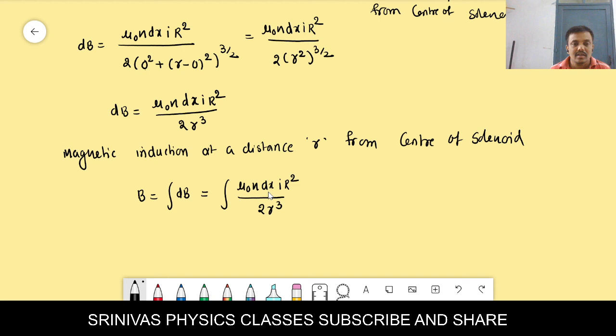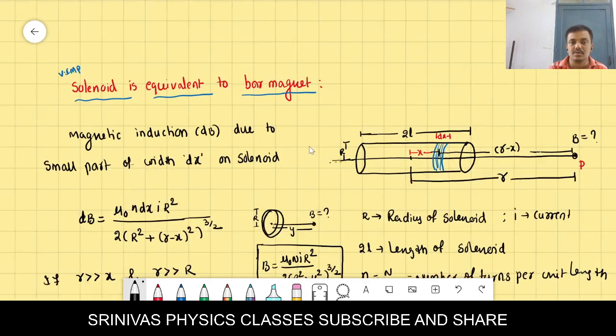Some terms are constant, so we write them outside: mu naught n I r square by 2r cube, integration dx. Okay, this is the integration. What is x? What is dx? You see here,